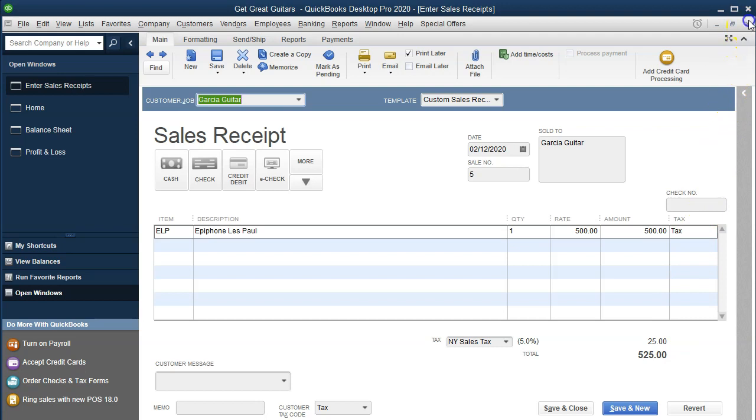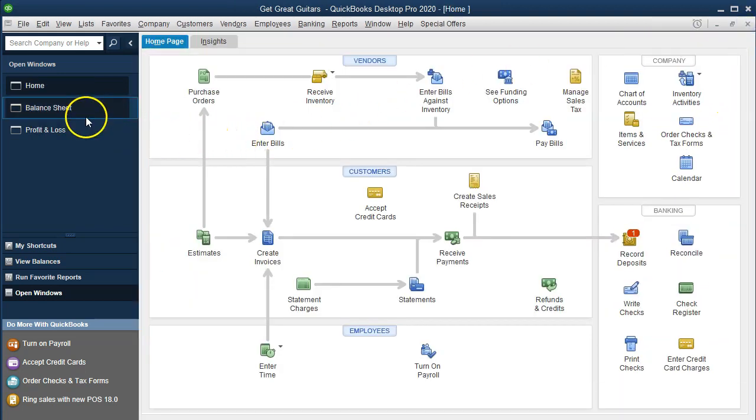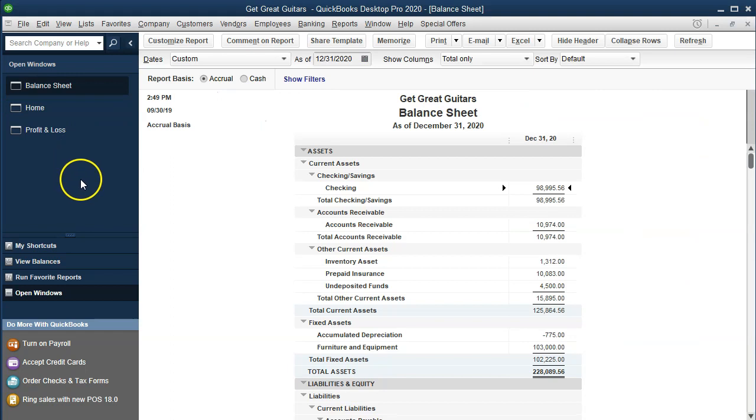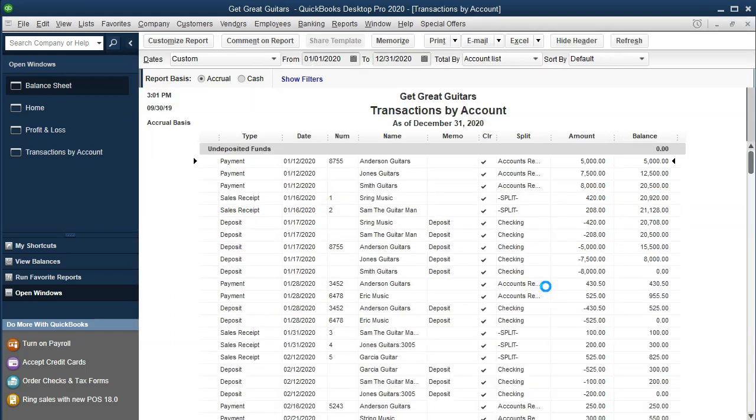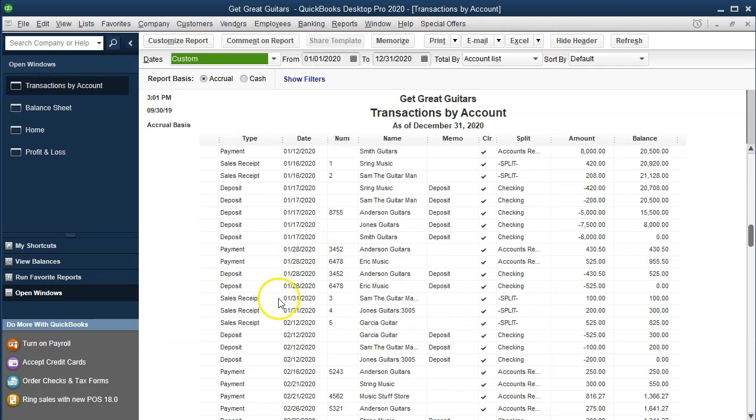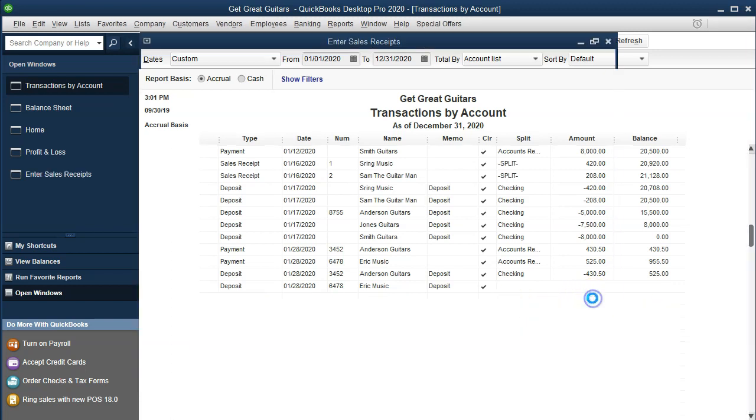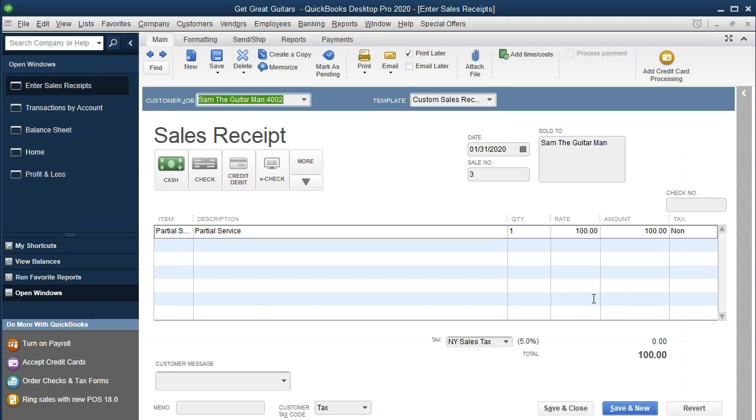If we close this back out and we go back to the balance sheet, then we can think about the undeposited funds. If we double click the undeposited funds, you'll notice that it will be increasing by the sales receipts as well. So a sales receipt will be increasing the undeposited funds. If we double click on a sales receipt, we get to a sales receipt. This is going to be one that's a service item. Closing this back out,